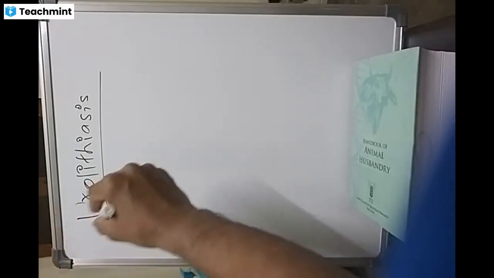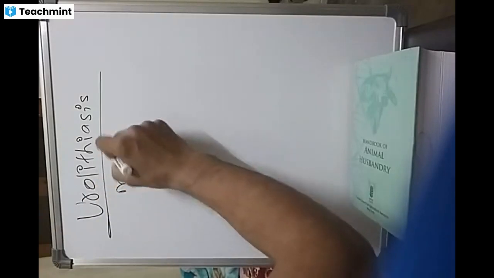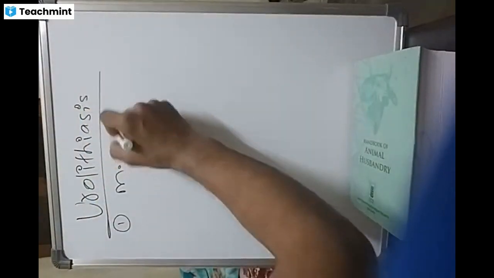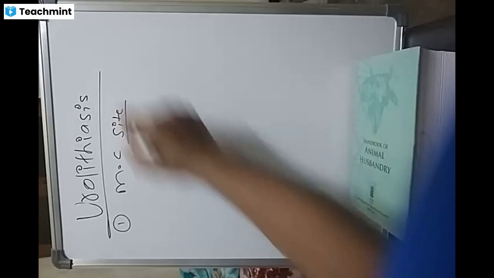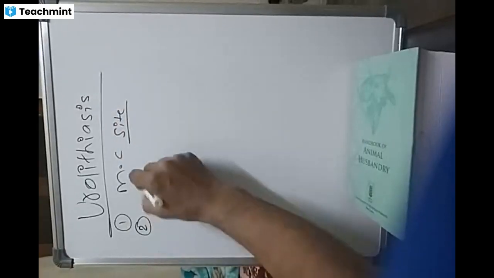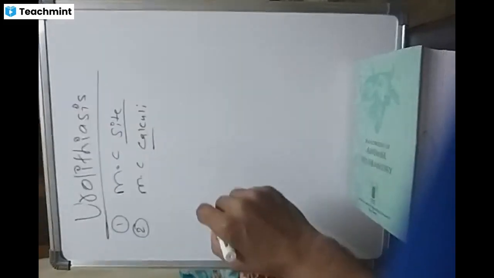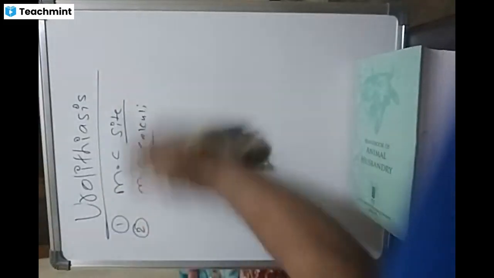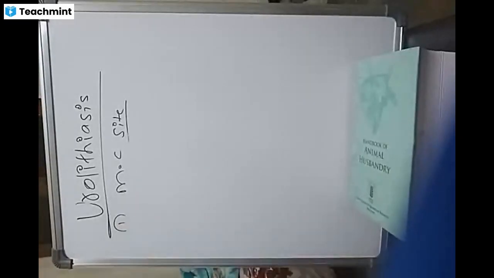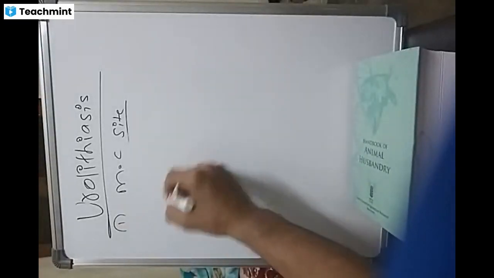So in the previous lecture, we saw urolithiasis, the most common site and the most common calculi. In which species are these common? As I explained, the most common site,